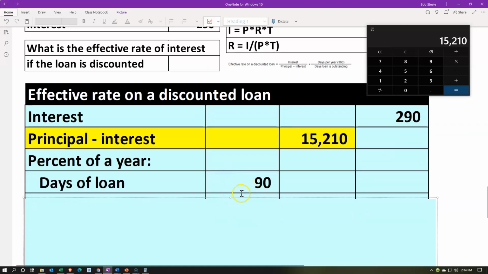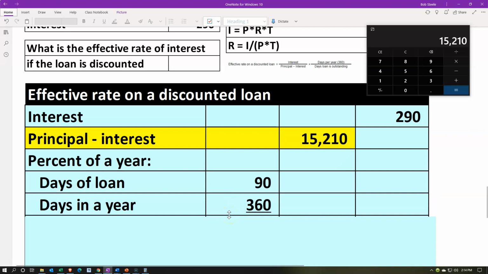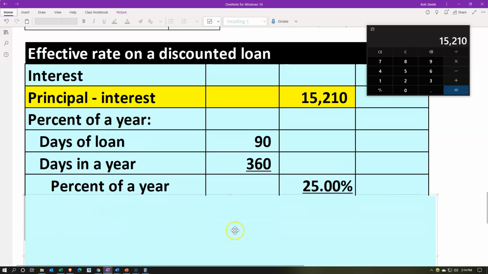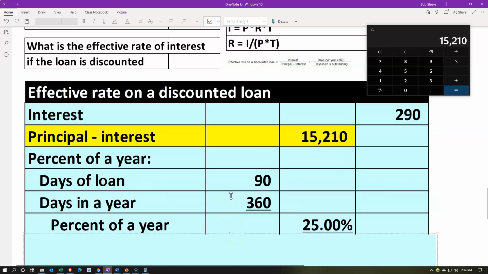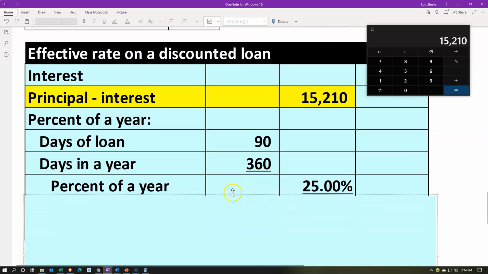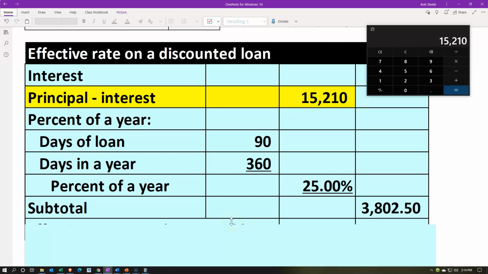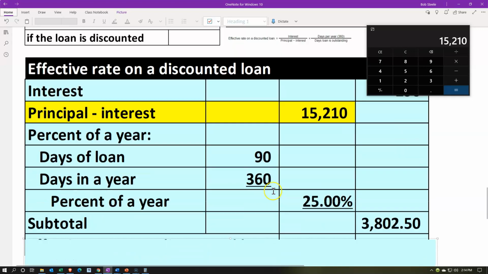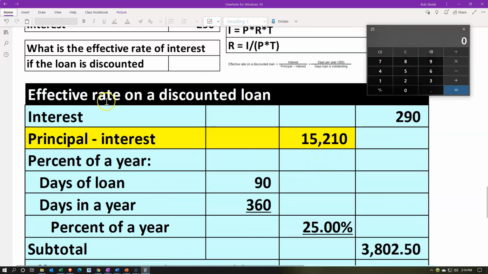The days of the loan are 90, and the days in the year are 360, which is 25% of the year. So we're taking 25% of the year. So now P times T is going to be 15,210 times the percentage of the year, 25%, which gives us 3802.5. And then we can take the interest divided by P times T, which is, of course, the 290 divided by the 3802.5. And that's going to give us our